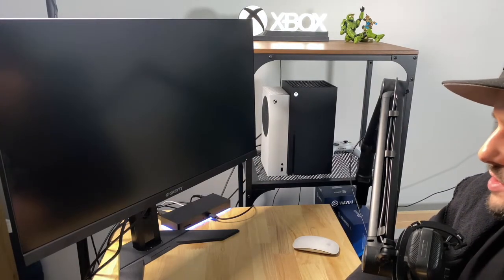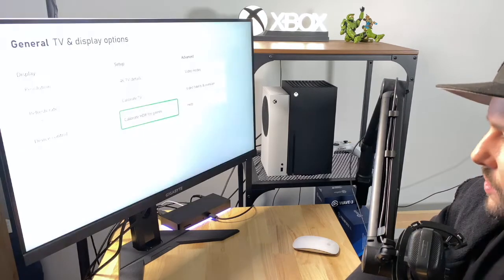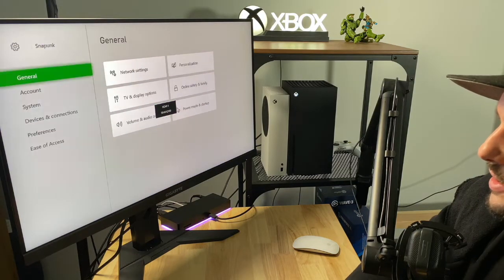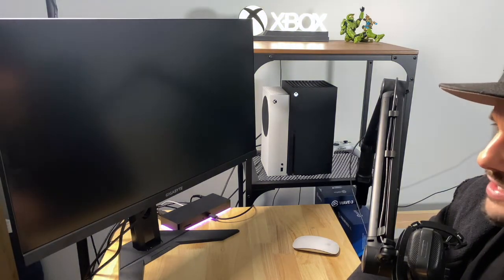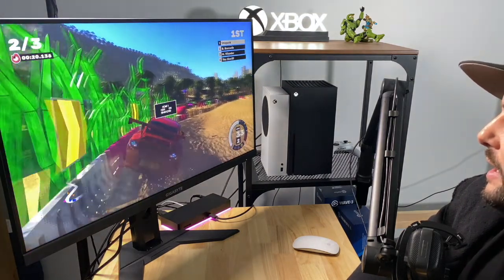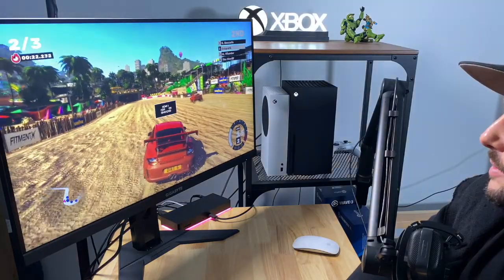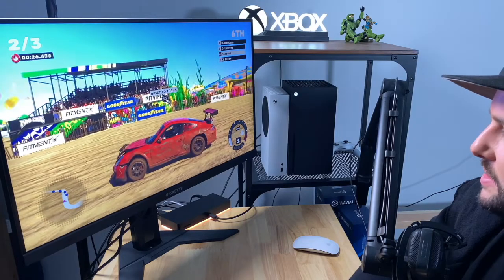So then what you want to do is jump into a game. I like to use Dirt 5 because I think the visuals look awesome, and it definitely runs at 120 Hertz. So I just go back to my games, boot that up. I like to jump into a race quite quickly, so I think that makes all the difference for how things will look. So set arcade mode or whatever, choose a car that's glossy so you can get all